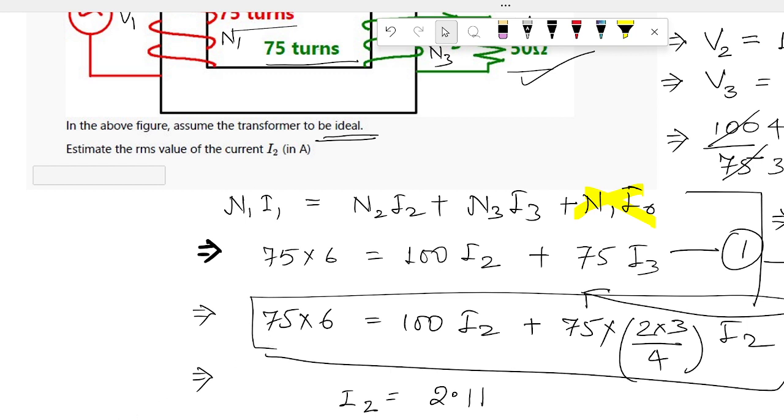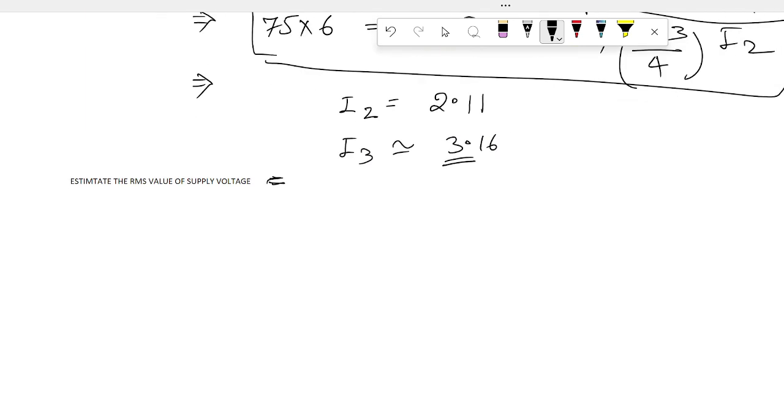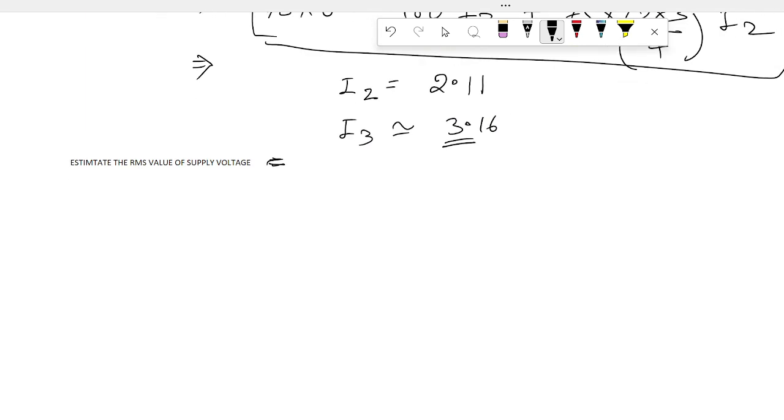Now the next part is to estimate the value of the supply voltage. What will be the value of the supply voltage? Yes, sir, 3.164 into 50, 158.2 volts. 158.2 volts. For others, I'll tell you that V2 will be equal to I2 into 100,